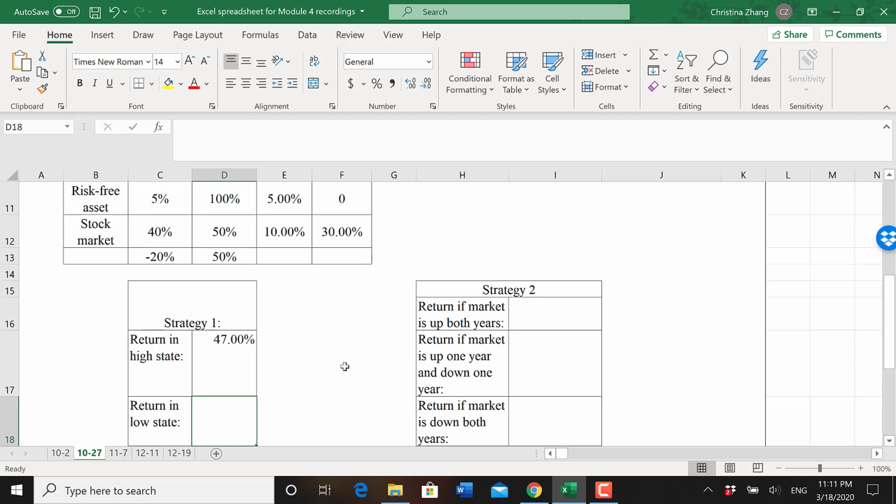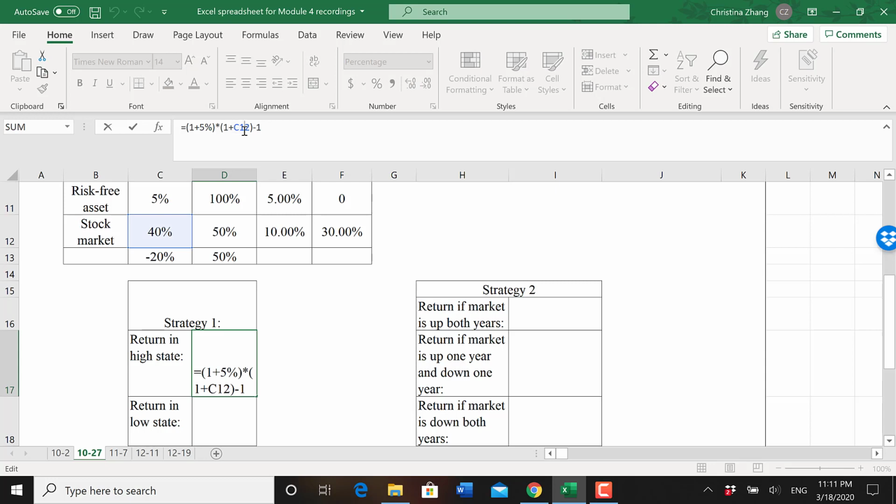What this number really means is, because the first year you invest in the risk-free asset, you're receiving 5% return, and then you compound it for the second year, you invest in the stock market, and when it's a high state, you're getting 40% return, so you multiply 1 plus 40%, it's like compounding. And then you're subtracting 1 because 1 is the base, that's your principal, so you subtract it